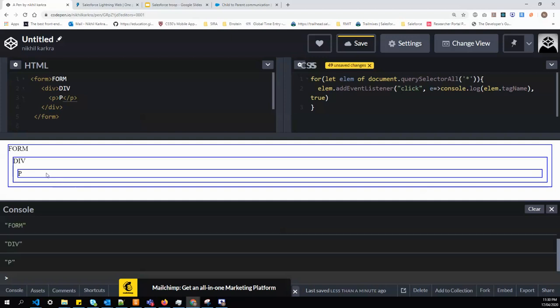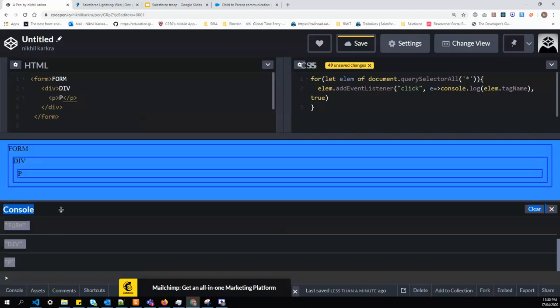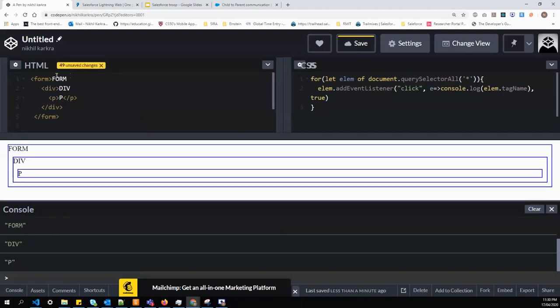So now I click P and it prints form first, div, and then P. So as we know, the capturing phase is from top to bottom, bubbling is from bottom to top, and the target phase is the current element. So now you know all three types of phases of an event, and we have seen the demo as well. Let's go and connect how it's useful in Lightning Web Component.